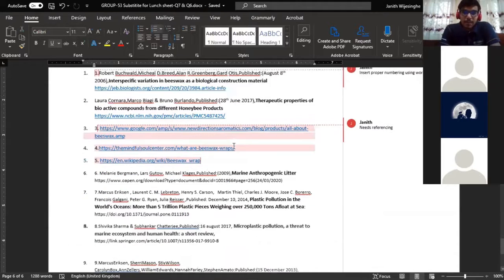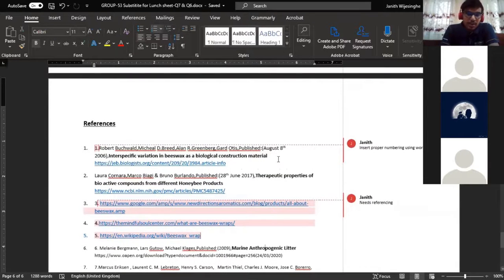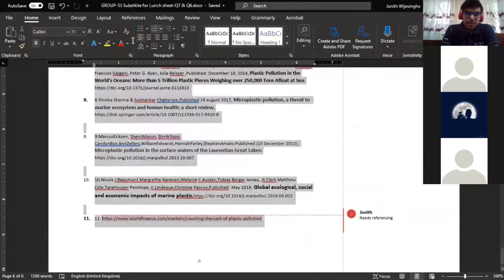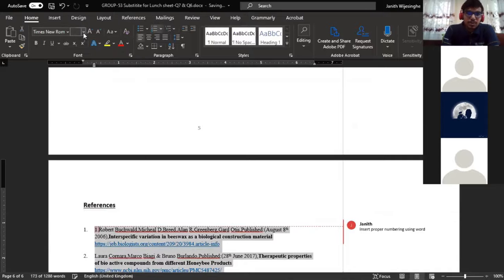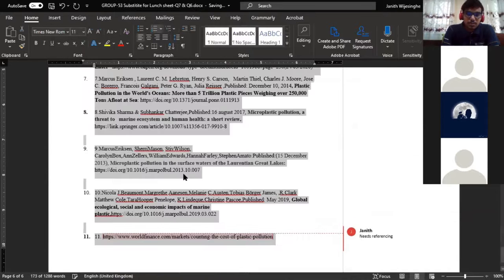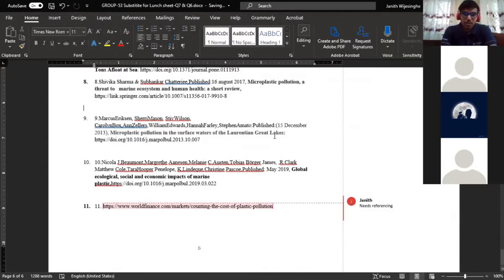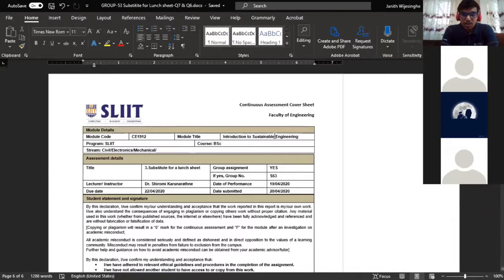the format. Some of the fonts are big and some are small, some are highlighted, some are bold. So make sure that you use the same font size throughout the document, and simply have a simple font throughout, so that it will be the same. And see that due to copying, this has been in a gray color. Make sure you type those, not copy and paste. So those are the things that need to be updated, and make sure that